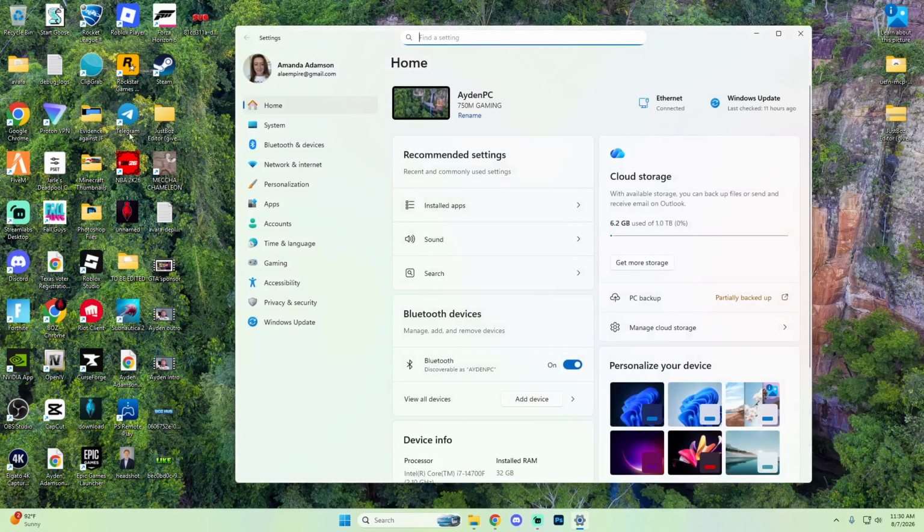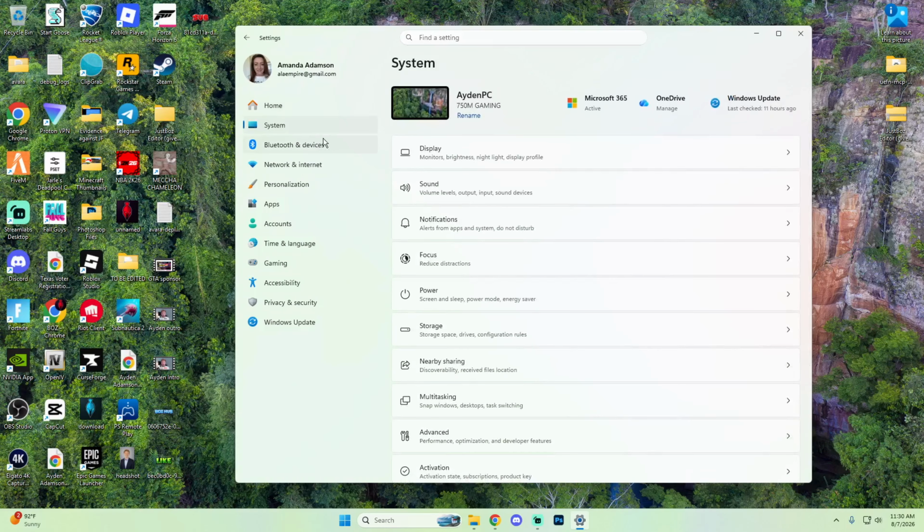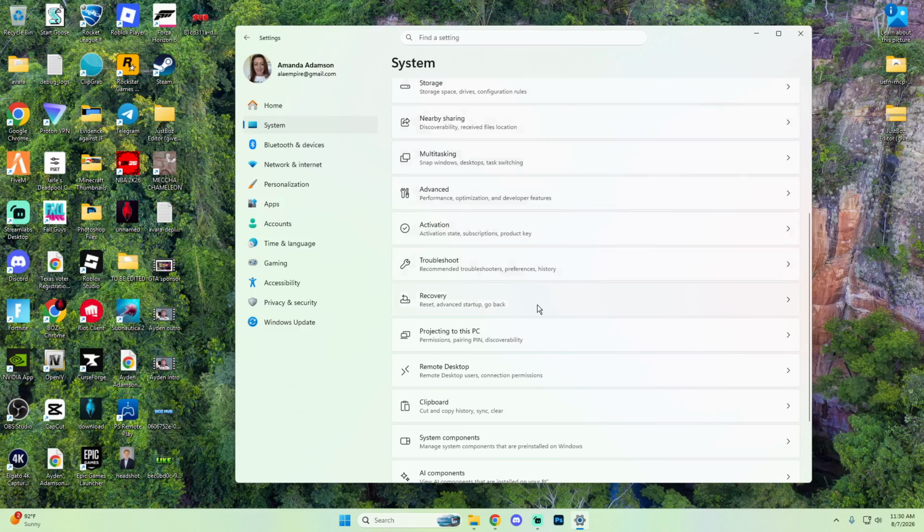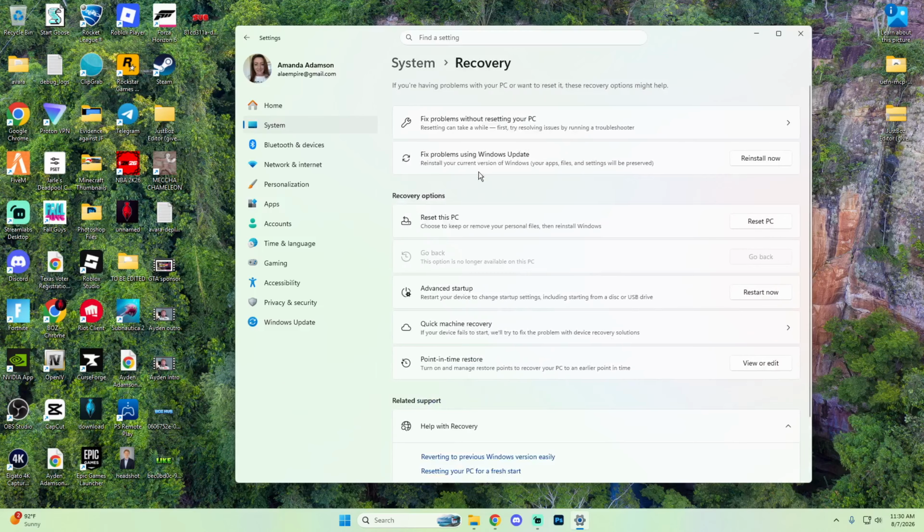Once you're in your settings, you need to go to System over on the left-hand sidebar. Scroll down on here, select Recovery, and underneath the recovery options, you're going to see an option for Advanced startup. Simply hit Restart now, and make sure that you save anything that you're working on first because your computer is